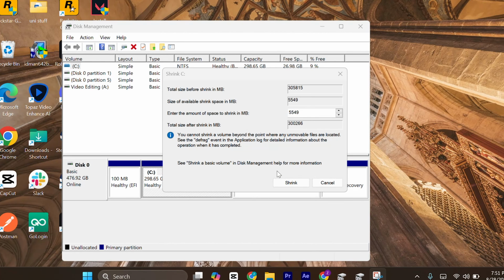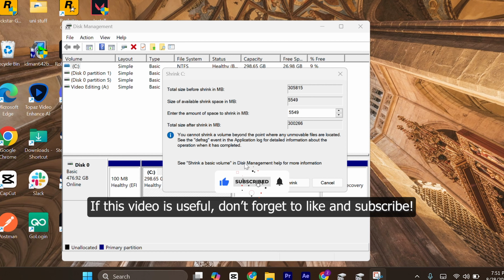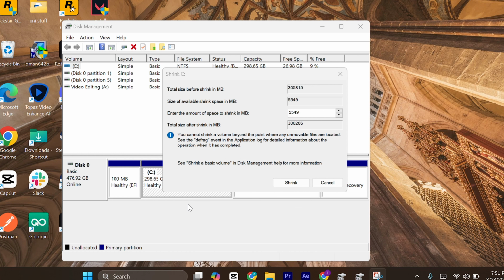Hey guys, in this video I'm going to show you how to fix this error message where it says that you cannot shrink a volume beyond the point where unmovable files are located. So if you are trying to shrink one of your disks on your computer and it's not letting you shrink it to anything over a few thousand megabytes, then what you need to do to fix this is